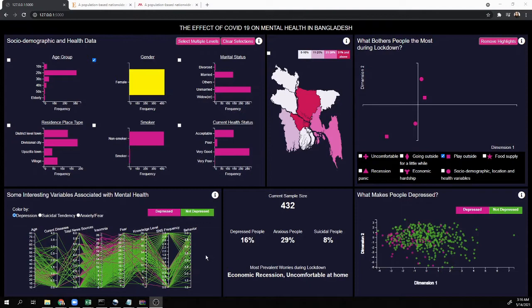So these variables are all numerical except the social networking site frequency. Each variable is pretty much self-explanatory. Age is the age of a certain person. Current disease is the number of current physical diseases they have, for example, diabetes, blood pressure, etc. And total news sources is the number of total news sources they use to consume news about COVID-19.